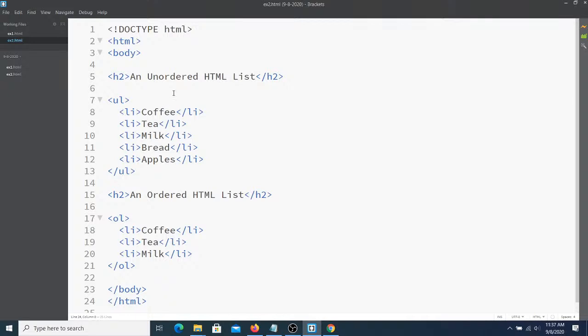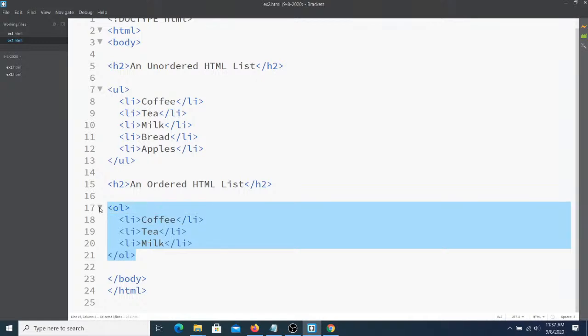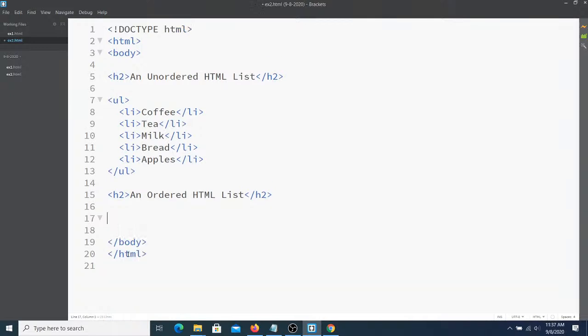Now, I don't like this ordered list. So just so we get a little bit of practice, let's get rid of this whole thing and write the ordered list from scratch. So from here, including the OL, let's just create it from scratch. So to start an ordered list,